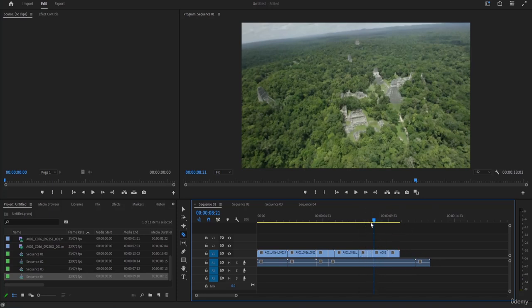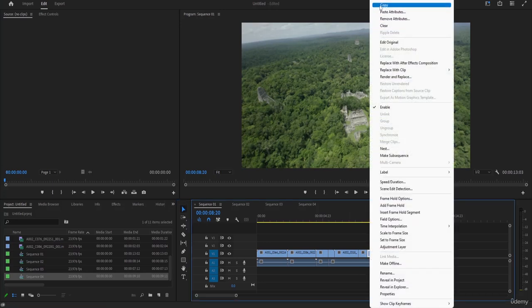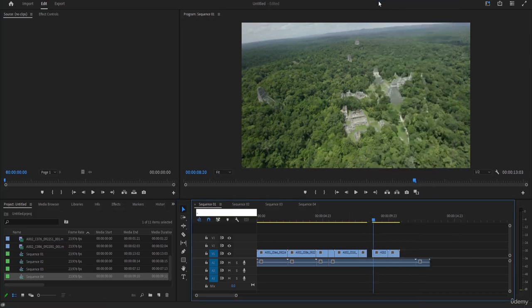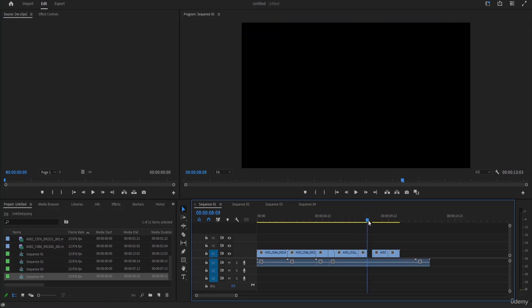Now if I want, I can just go ahead and delete this section right over here. To do that, I can click on the selection tool, select, and then cut. Once you've deleted it, you can select the ripple and click on ripple delete. Alright, so we can just delete it. Okay, so now we have our